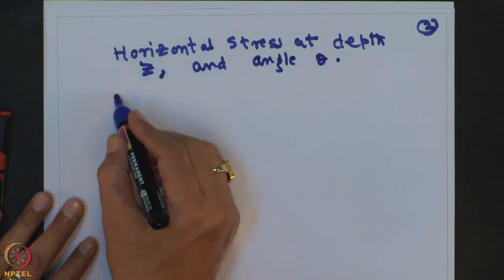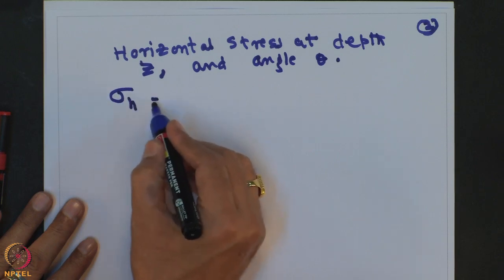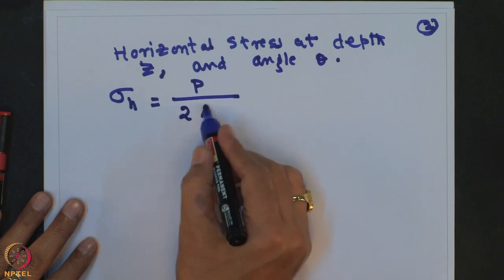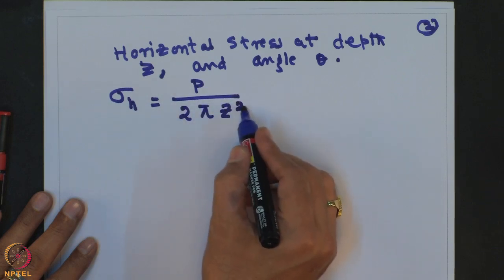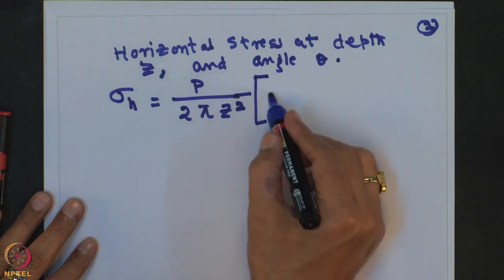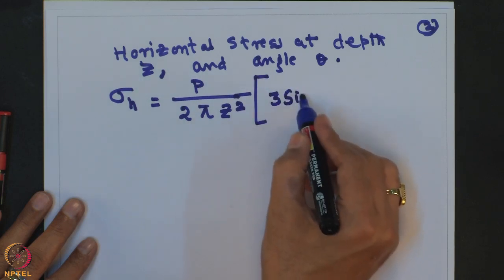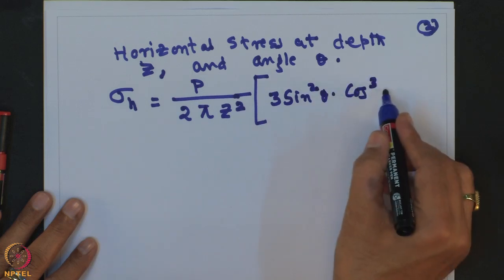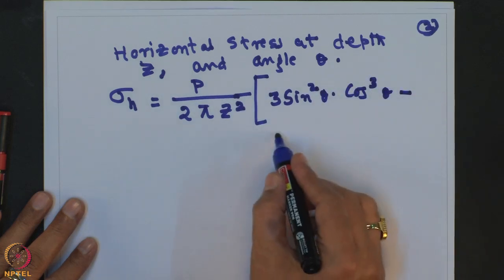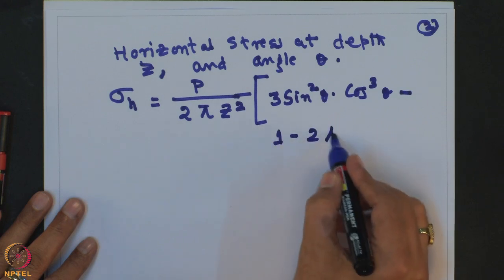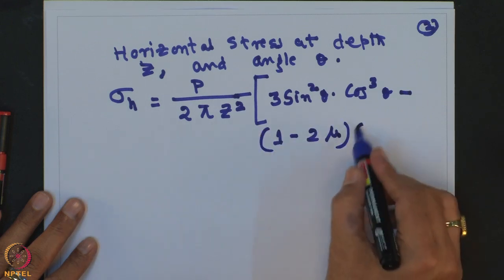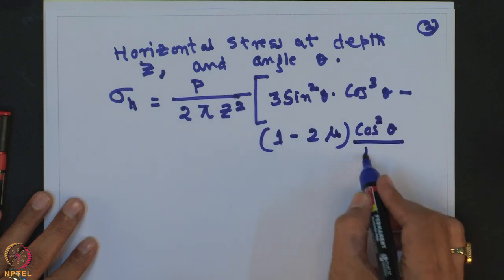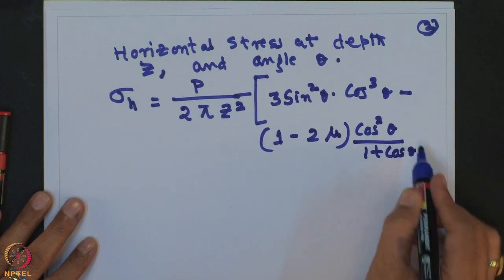So, you can determine the horizontal stress: sigma h is equal to P divided by 2 pi z square, into 3 sin square theta cos theta minus (1 minus 2 mu) cos square theta divided by (1 plus cos theta),